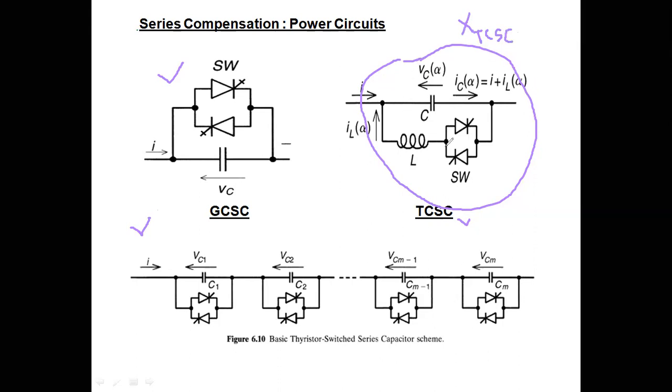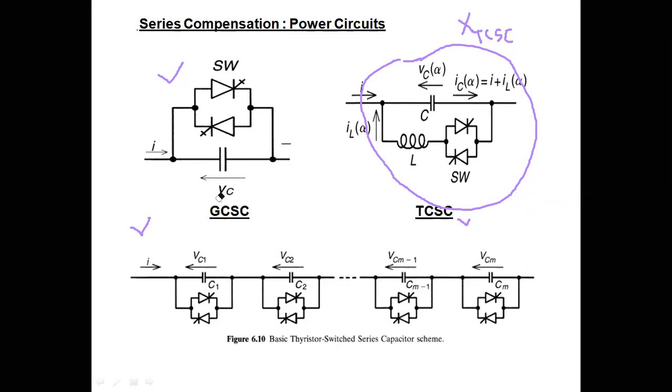The overall reactance of this TCSC may be inductive because we are considering XL greater than XC. Once you make the reactance of the inductance greater than that of the capacitance, we can make the overall reactance inductive, and otherwise the capacitive reactance may be less, depending on this condition. So that is possible. That way we can make this TCSC either inductive or capacitive.